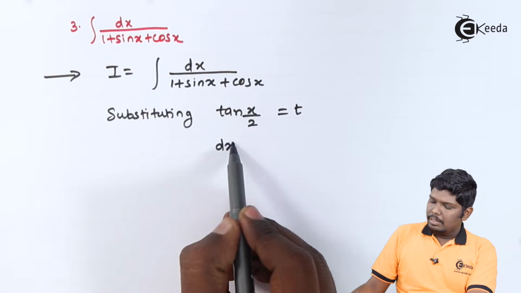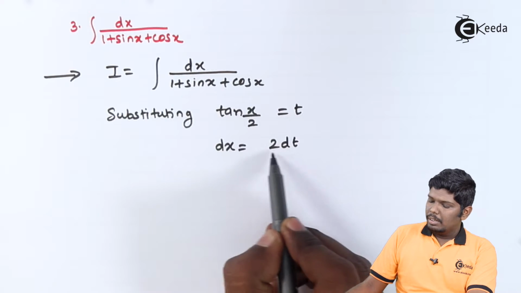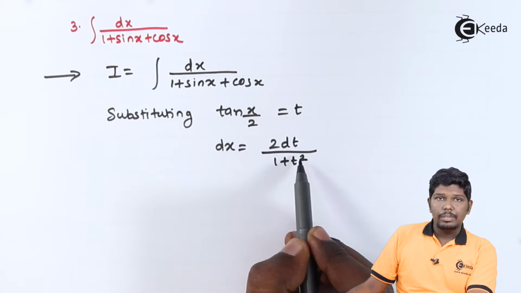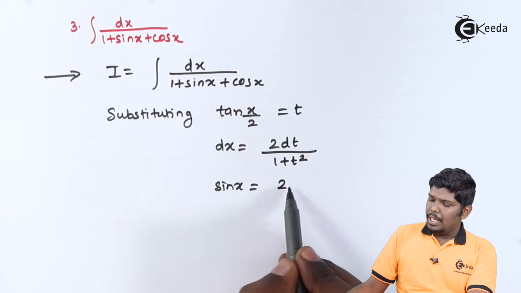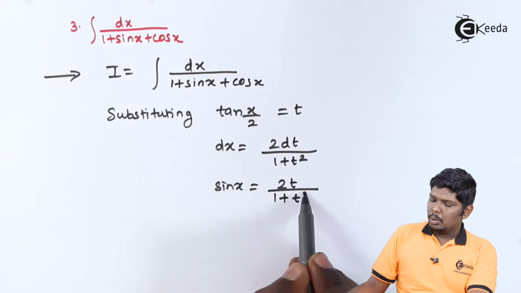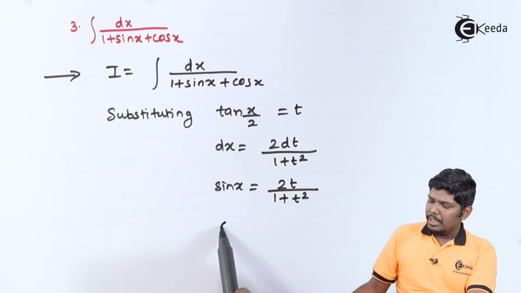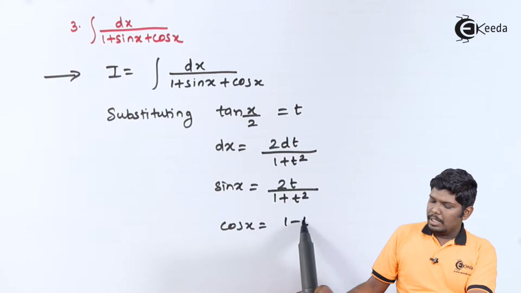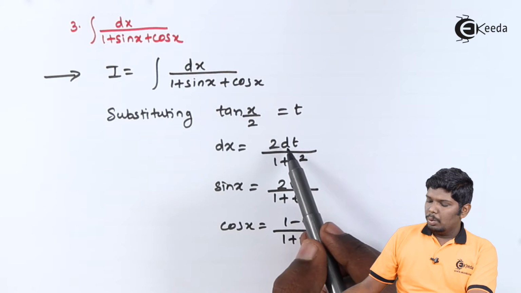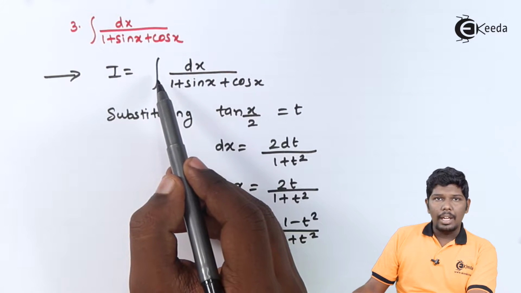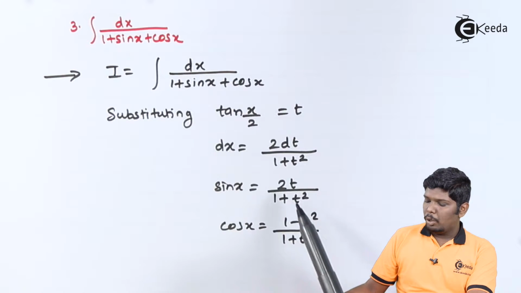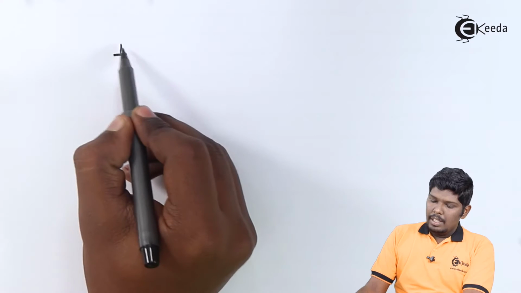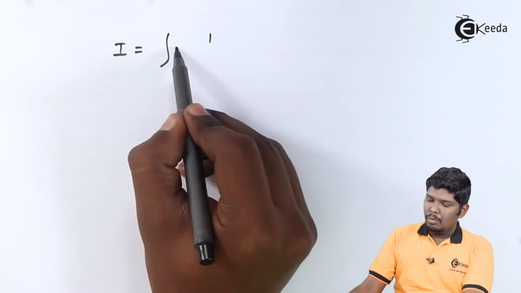The value of dx will be 2 dt upon 1 plus t square. The value of sin x, we know it is 2t upon 1 plus t square. And the value of cos x is 1 minus t square upon 1 plus t square. Let us substitute these three values in the given integral I, meaning the value of dx will be 2 dt upon 1 plus t square. Similarly for sin x and cos x. This will give you integral 1 upon